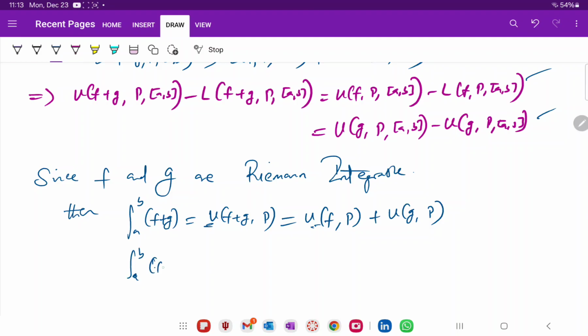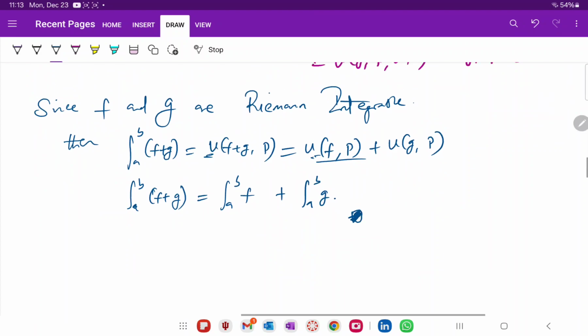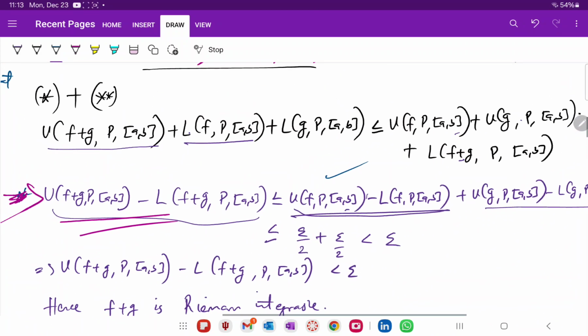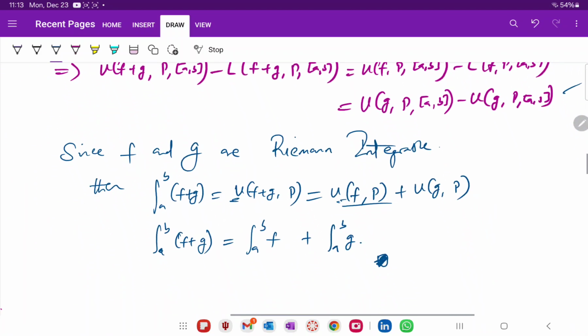Whichever one you use, you're still going to get the same result. And this is the definition for the integral of F plus G on AB. So this easily follows from this, and with the fact that F and G are Riemann integrable. Okay, so that concludes